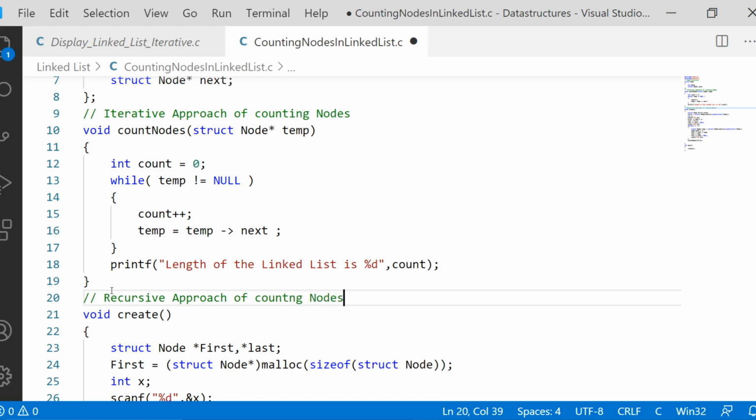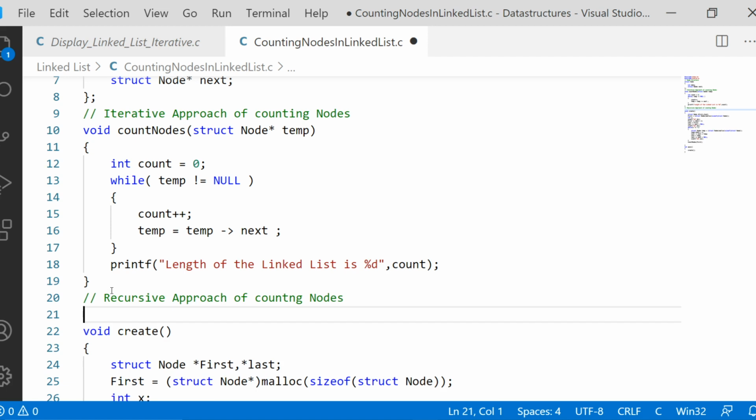Fine. So next thing, the name of the function. First of all, the return type is void. The name of the function, let us take it as R, which means recursive. So rcountnode is the recursive count node function. What should be the argument of this?